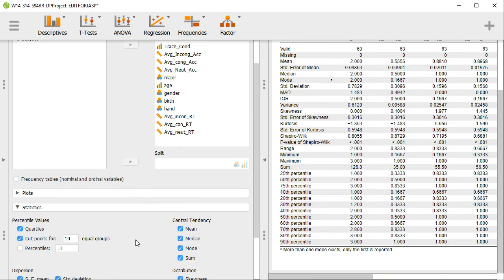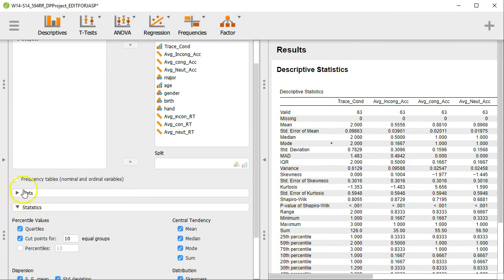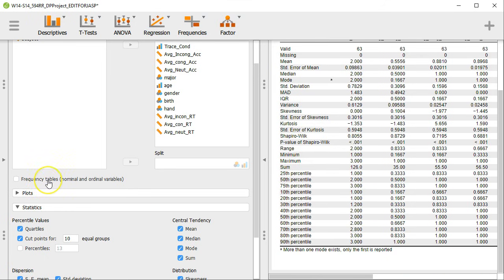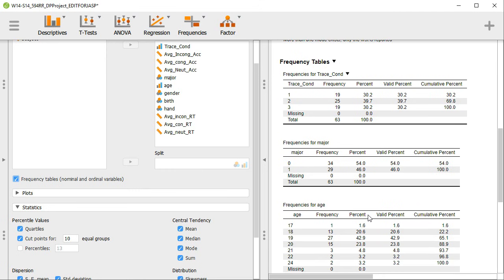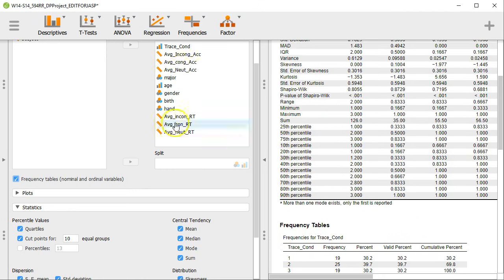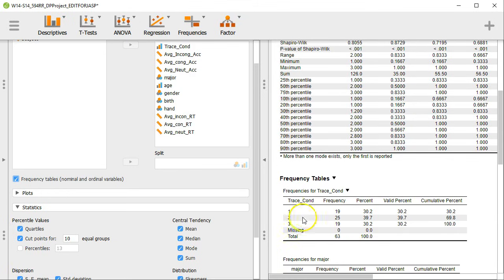And finally, the last thing I want to show you on descriptives here is frequency tables. I got rid of the plots, so I left the table of descriptives. I got rid of the plots, so JASP didn't freak out at me. And so I'm just going to click on frequency tables, and this gives you the numerical values for each of the values in your variables. So, for example, trace condition, there's 1, 2, and 3. Those are the only values that exist in each of the rows for that variable, and it tells you how many there are, the frequency of them, the percent of the total,